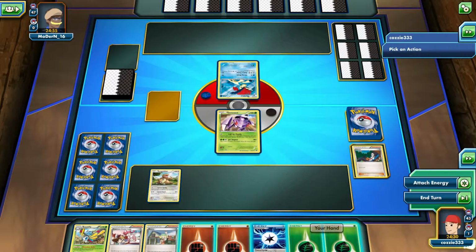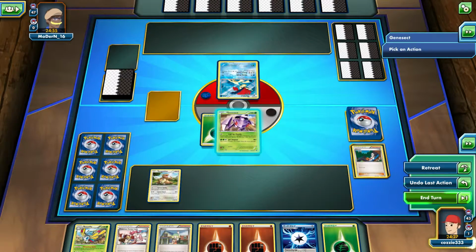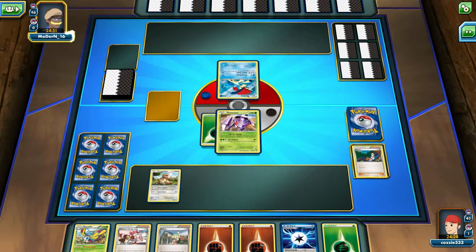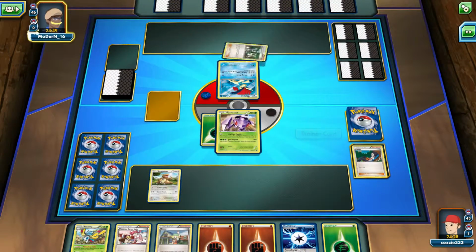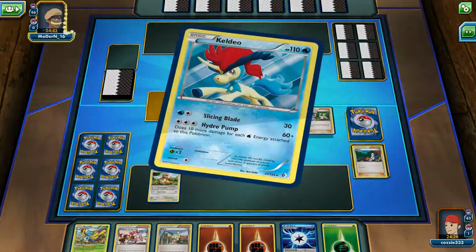Let's see if I can pull another grass energy out. I did, that is really good, and I cannot do a move anyway at the moment, so we'll just end our turn there. That's not too bad of a pull at the moment. We've got the cards that we need to power up both our base Pokemon. Just hoping that